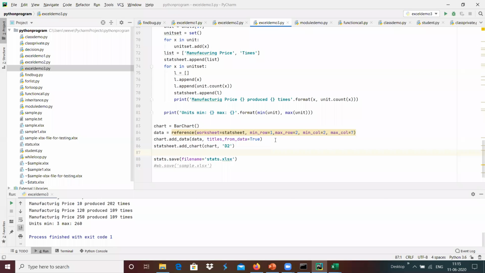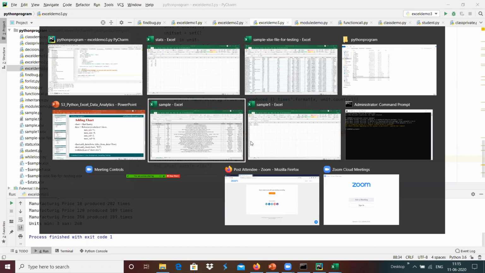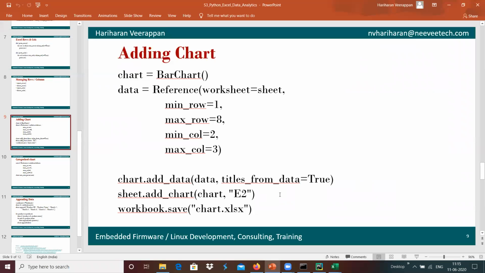Reference min and max rows, and we have the max columns over here. Yeah, one second. The stats sheet add_chart with the data information D2, and it does not get added over here.